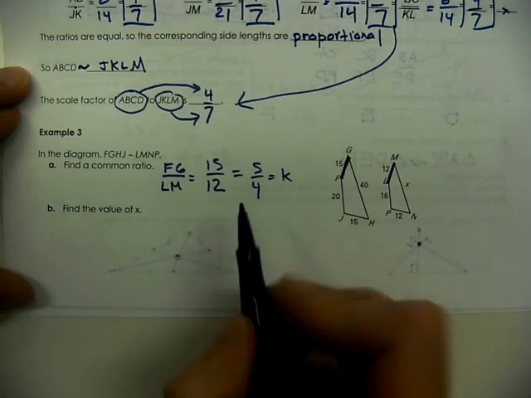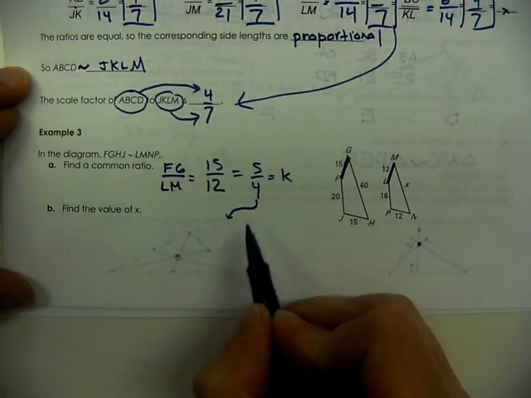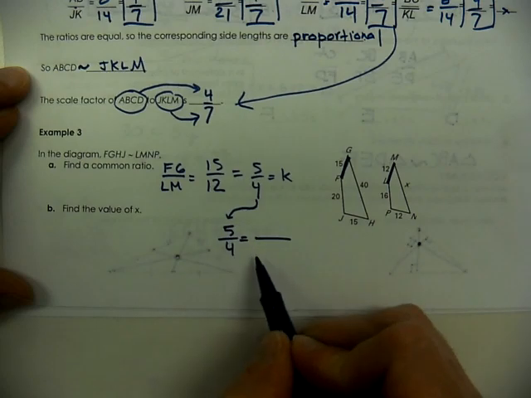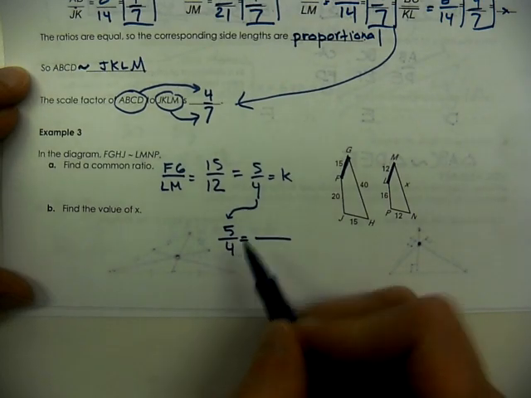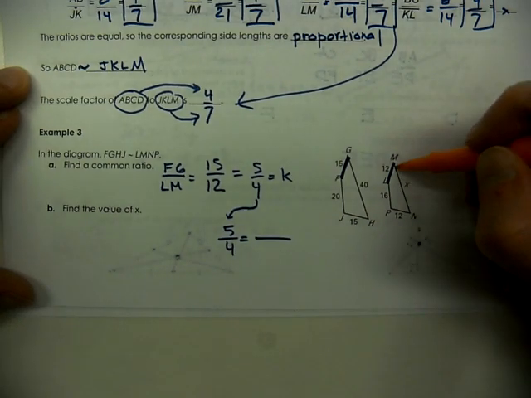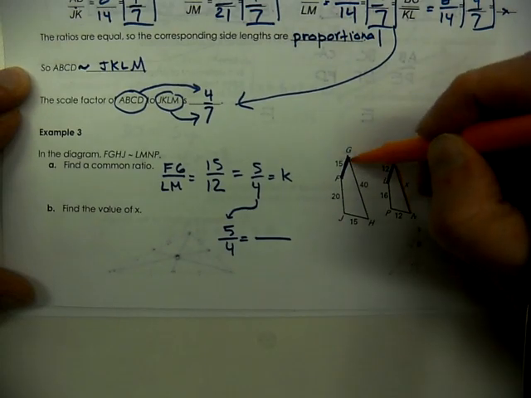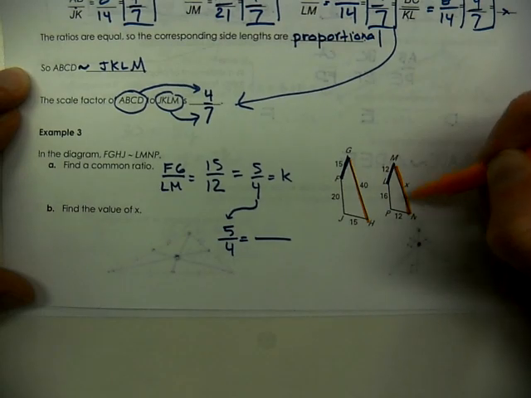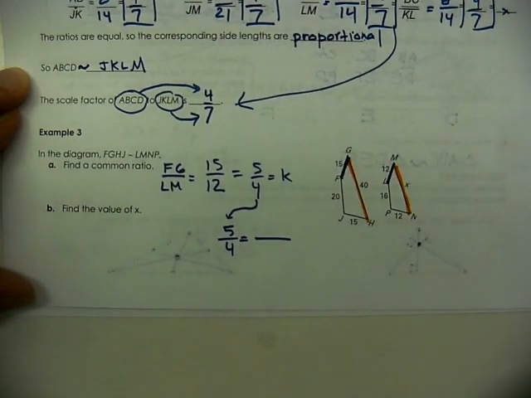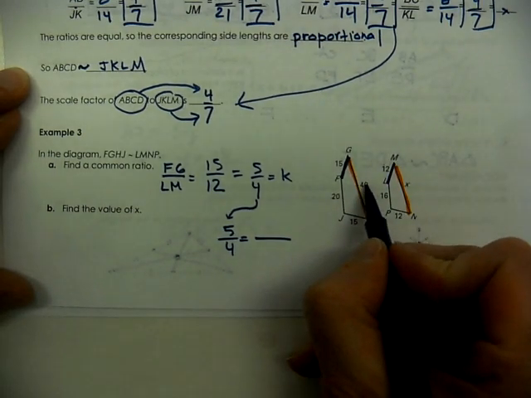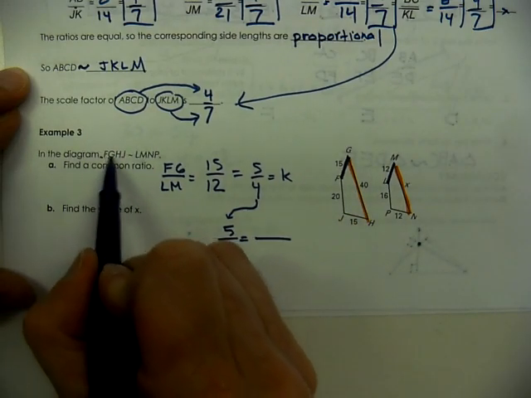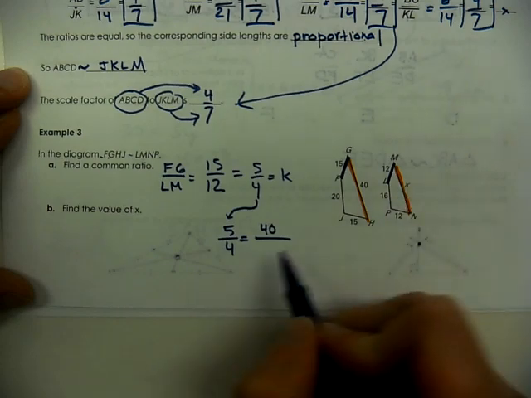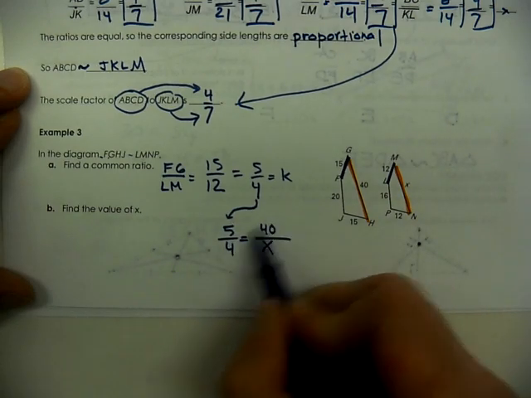So when we find the value of x, we can use that scale factor to build ourselves a proportion so we can then cross multiply. And what we're doing now is we're pairing up a pair of sides, one of which includes the variable x, because that's what we're trying to find. So we have to use the right-hand side, so that'll pair up with the 40. So again, 40 belongs to the shape FGHJ, so that has to go on top. So we'll put the 40 on the top, we'll put the x on the bottom, and then we can cross